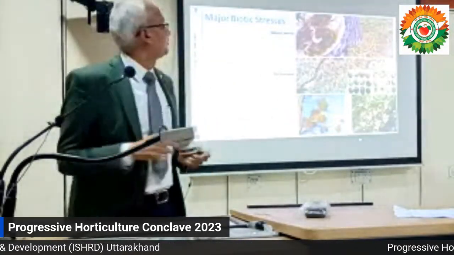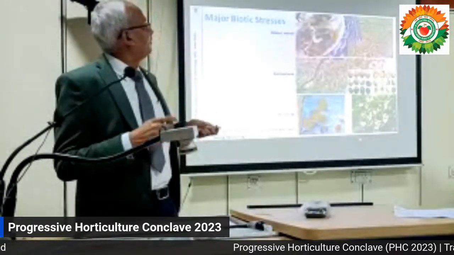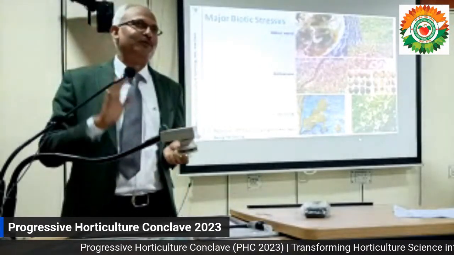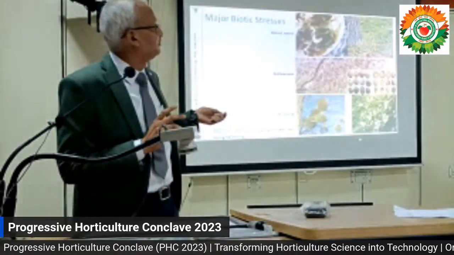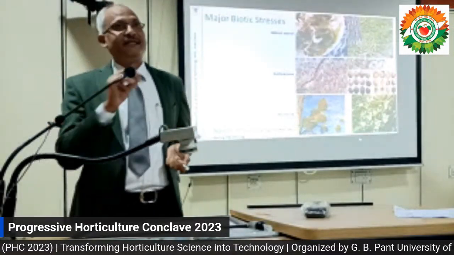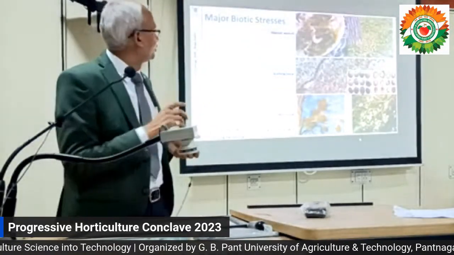These are some major biotic effects of the temperate region on walnut. The first one is walnut weevil. Generally, walnut fruit crop is not affected, but if there is walnut weevil infestation, you will not get even a single fruit. Heavy infestation occurs, and it can be controlled at the time of flowering. Otherwise, you cannot control it.